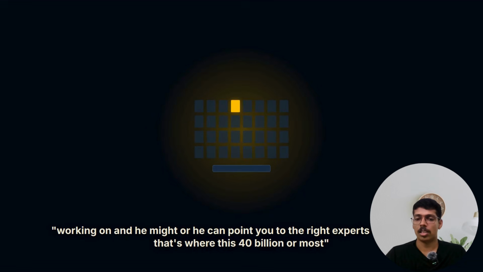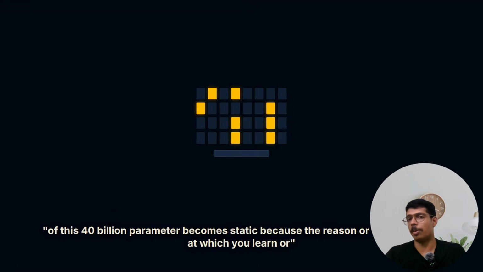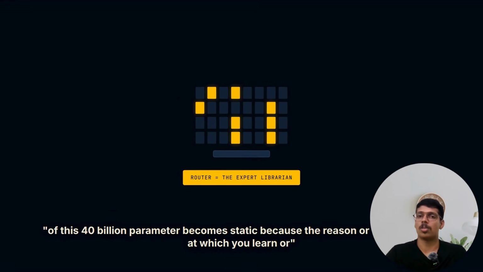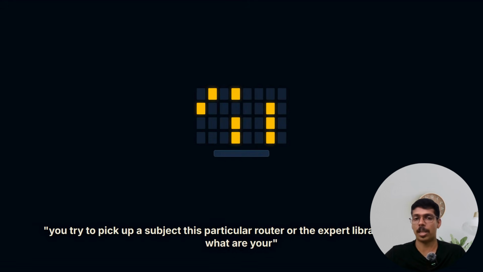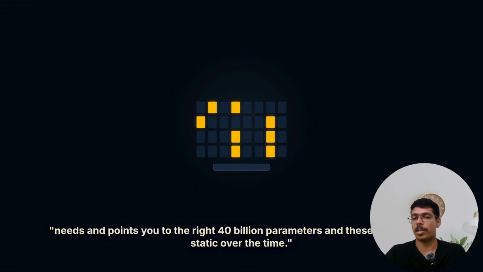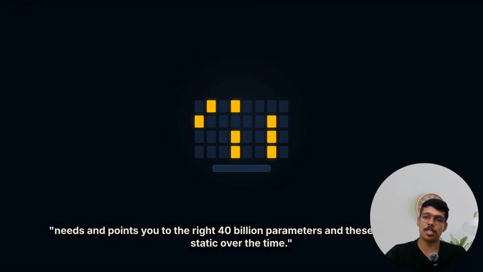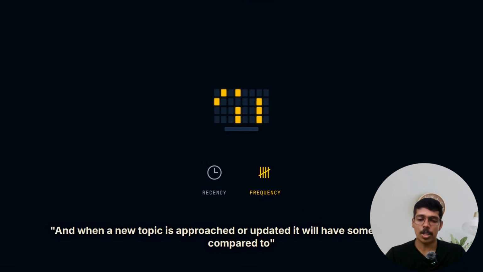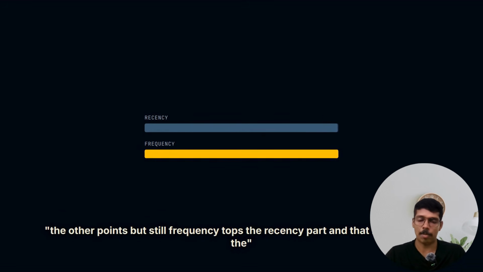So that's where most of these 40 billion parameters become static, because based on the frequency at which you learn or pick up a subject, this router, or the expert librarian, will fetch what your needs are and point you to the right 40 billion parameters, and these will become static over time. And when a new topic is approached or updated, it will have some importance compared to the other